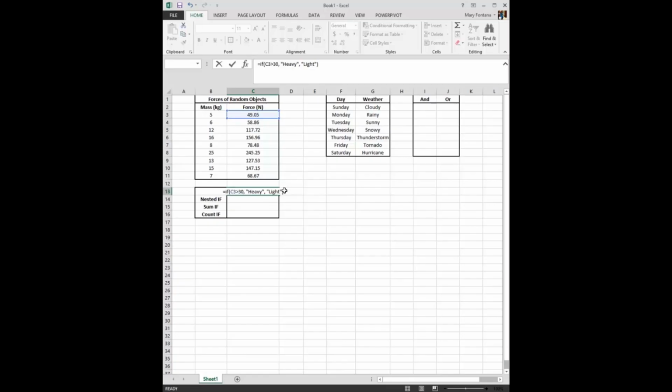And then if we press enter, it'll tell us that it's heavy. If I change this value from 30 to say 50, it'll say that it's light. Typically you use conditional logic in more of a nested if statement. So you want to know if multiple things are held true, and then you can tell Excel to do something